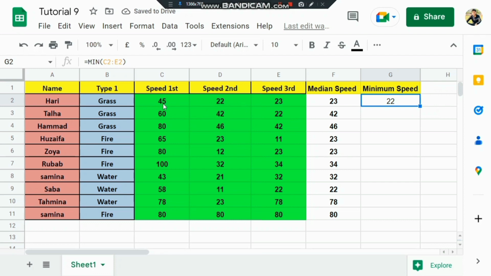For calculating all the members' minimum speed, I am dragging this, so it will automatically calculate that these are the minimum speed of every day. In this way I give my answer so that my